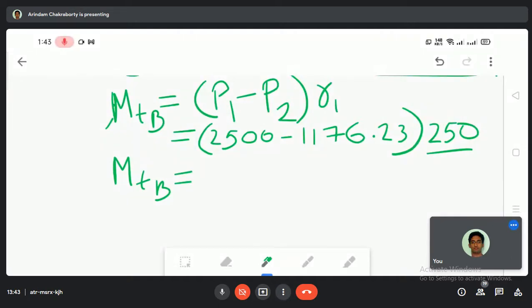How much? কত হচ্ছে? ভ্যালুটা কত আসছে? কেউ ক্যালকুলেট করেছো? কত আসছে? 331,692.5 মতো আসছে। 331,692.5, ঠিক আছে, যাও।